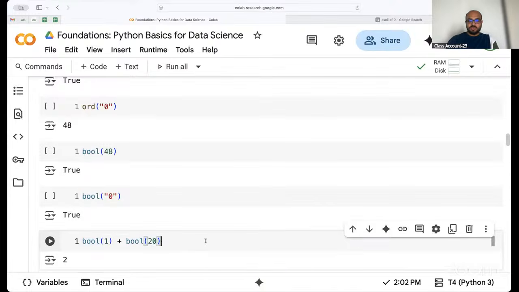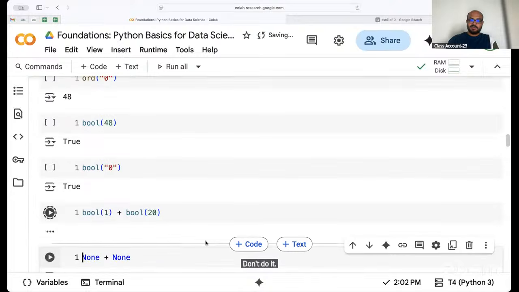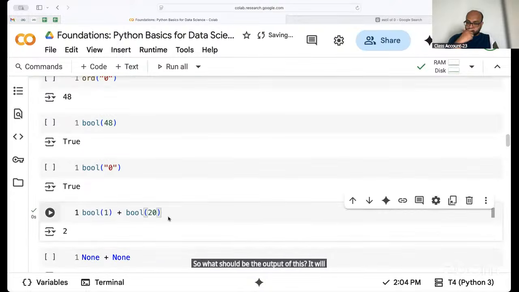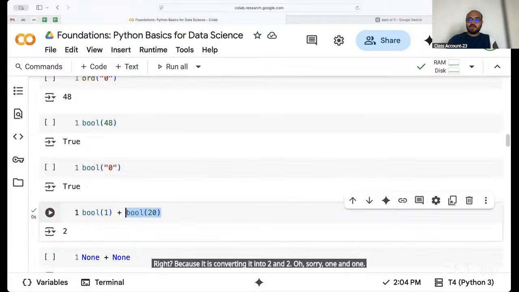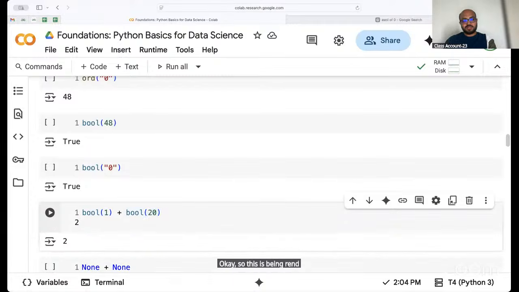So what should be the output of this? It will still be true, 2, right? Because it is converting it into 2 and 2. Oh, sorry, 1 and 1. Okay, so this is being rendered as true